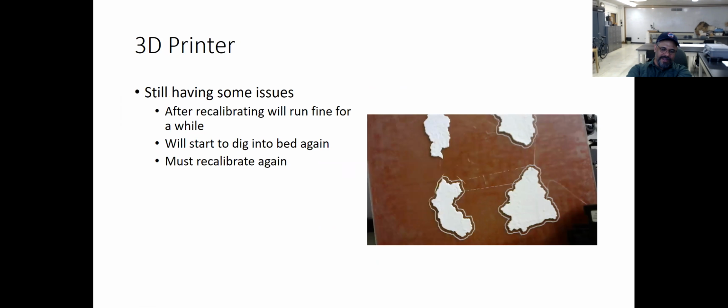Yeah, and I downloaded a new version of the installer, so that's going to go on today. So I'm going to reinstall the initial software. They did say the last update was at the beginning of this year, and there was an update that dealt with some of the leveling issues, I think, last year that I don't think we've put in yet. So maybe those will do something. If not, we'll see.